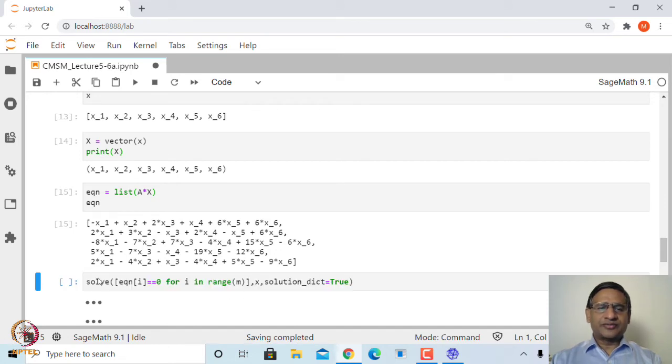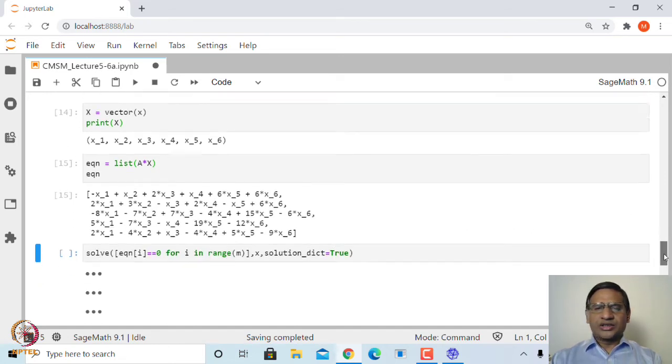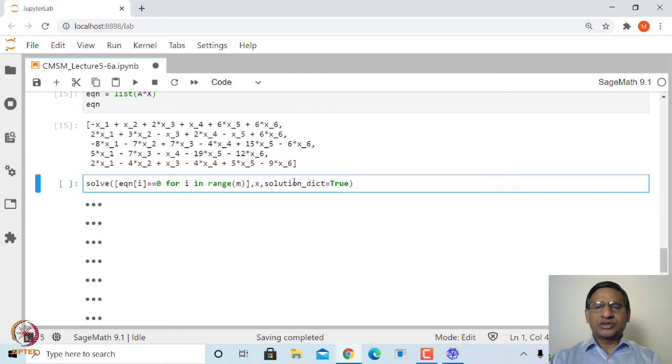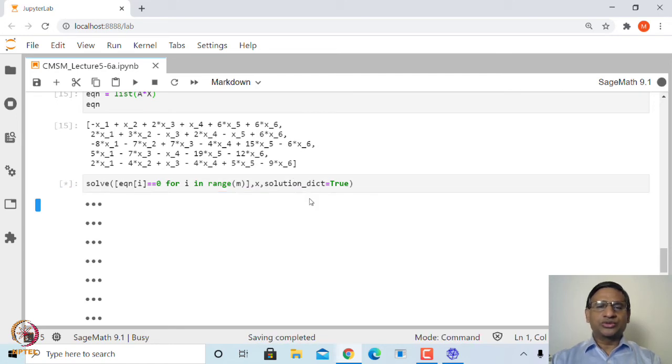So, let us solve equation i == 0 for i in range M. Since this has M number of rows, we say i is in range M, and then let us declare solution_dict equal to True.